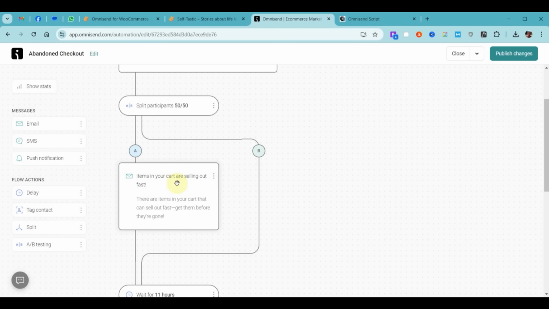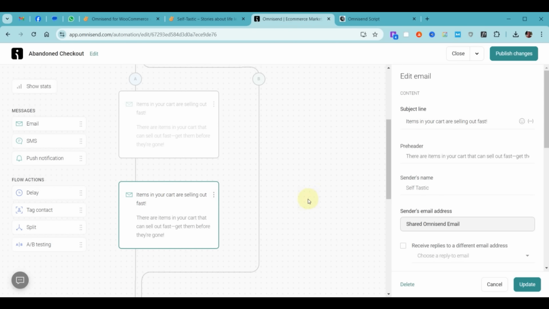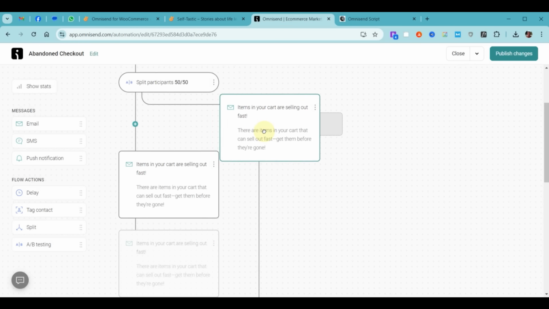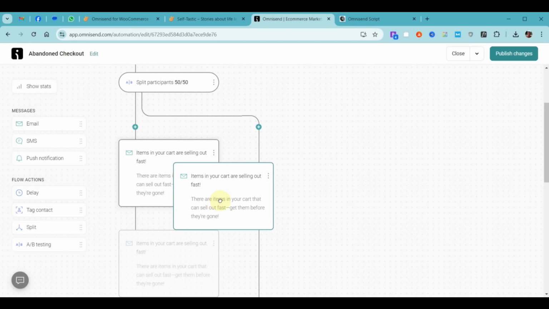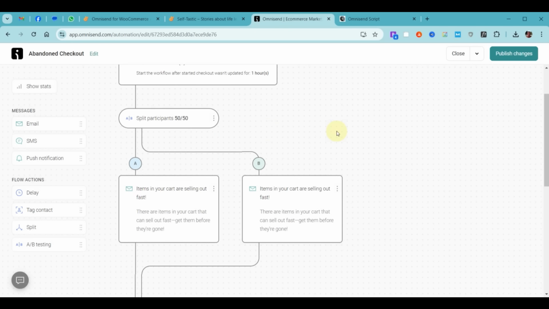Now, once you have the professional email completed, you can click the 3 dots. I can click Clone, and that makes a copy of the email. Now, I can drag the clone over to the B side. You see, I had to bring it all the way up to that plus sign and let it loose. And now we're doing A/B testing. And we're going to go ahead and leave this as a 50-50 split. And what that means is